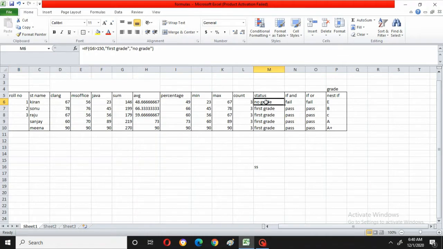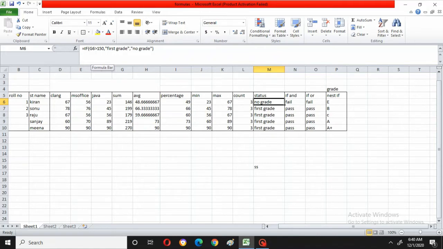Can you see when I click on that particular cell, you can see the formula I have already written here. See here I have used if, only one condition I have given. That's why I have used only one if. Can you see here one if? What is G6 here? G6 is this one, Total. For this cell I am using the condition on the total. That means I am taking the total of each person and I am checking whether that is more than 150 or not.